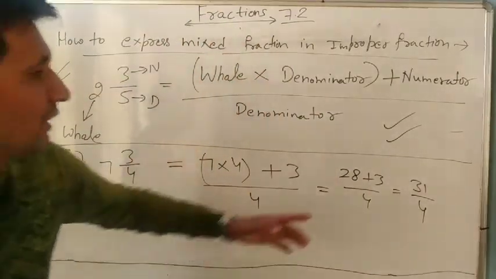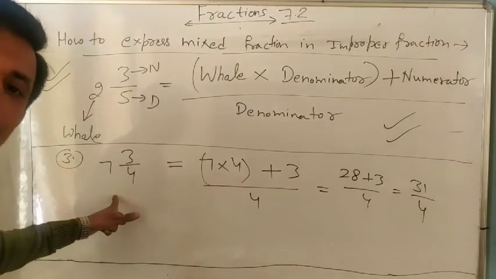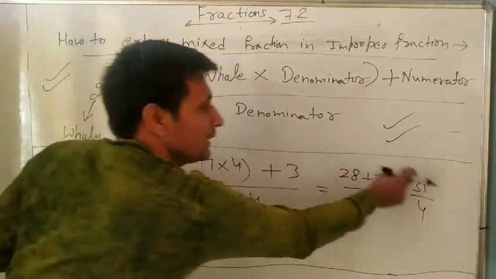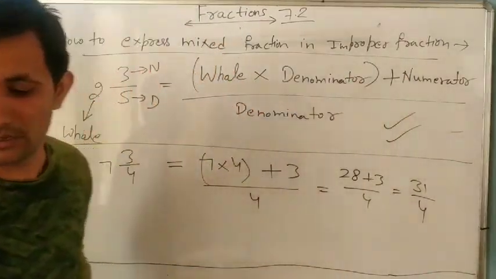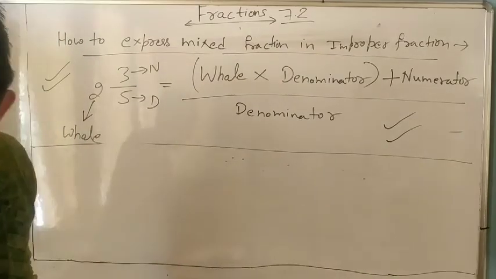Only simple things. In the second question, improper fraction is given, we represent in mixed fraction. Now mixed fraction is given, we express in improper fraction. One more part, the last, and you do it yourself. This exercise is finished.